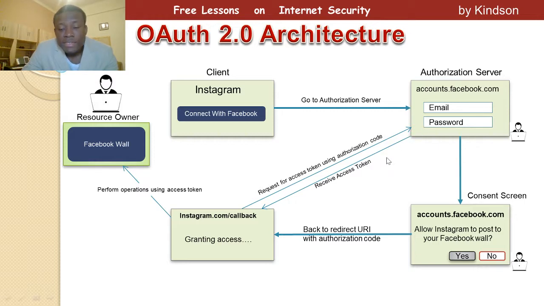So the authorization server sends back this access token to Instagram, and now Instagram will be able to use this access token to perform operations. So this is actually the cycle. Maybe you can pause the video and see exactly how it works, try to understand it, but this is exactly how it works. I mentioned that OAuth means open authorization, but actually it's used for authorization, not for